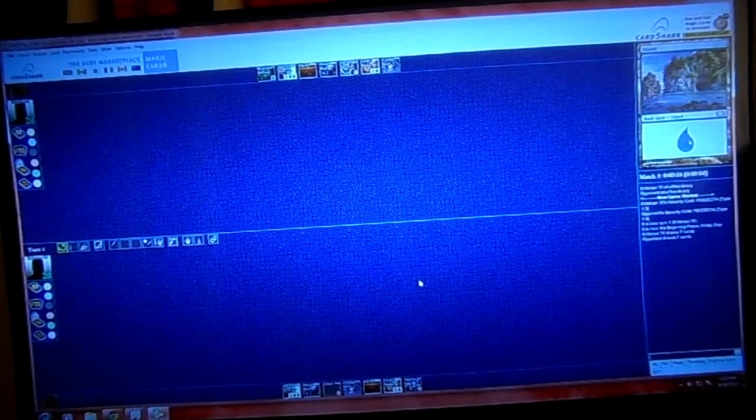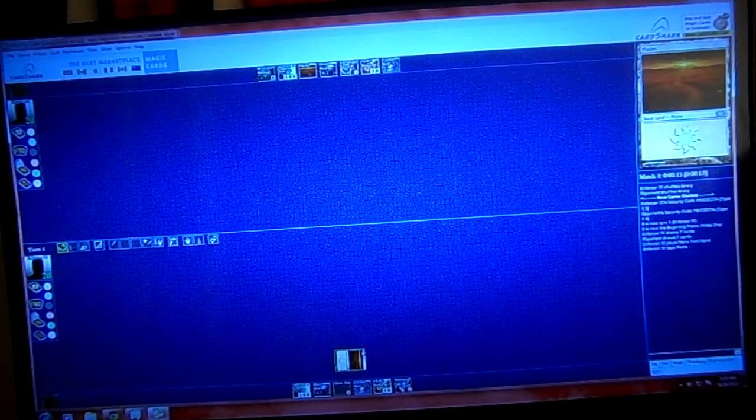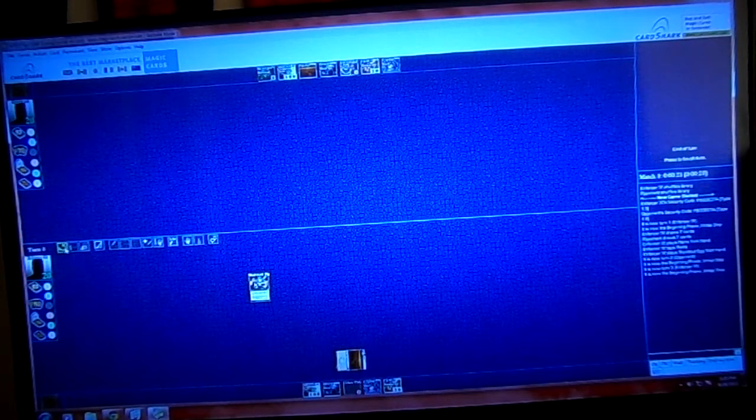Alrighty, so opening hand is pretty good. This is definitely a keep. Okay, so what we'll do is, turn 1, we'll play Plains, Skycloud Egg, and then I have most of the pictures for it, so alright, so we'll pass. Turn 2,